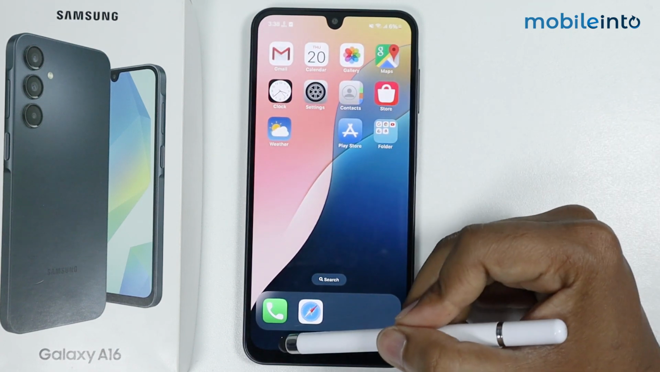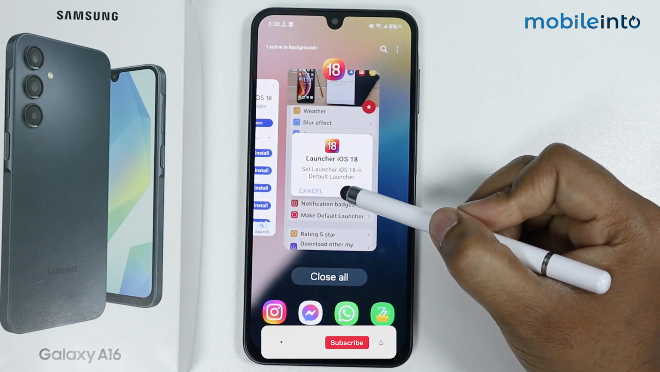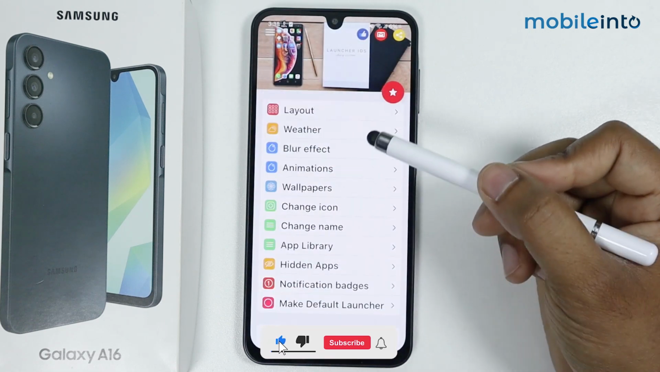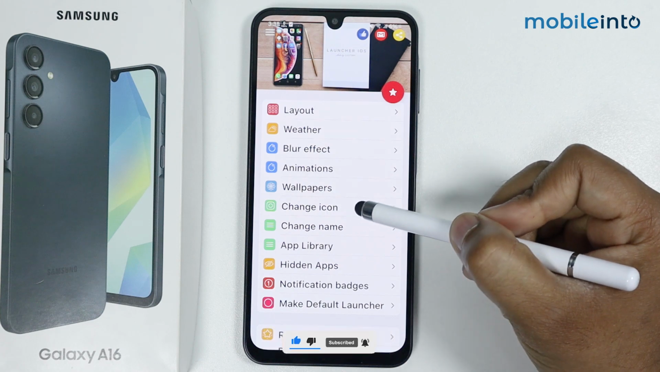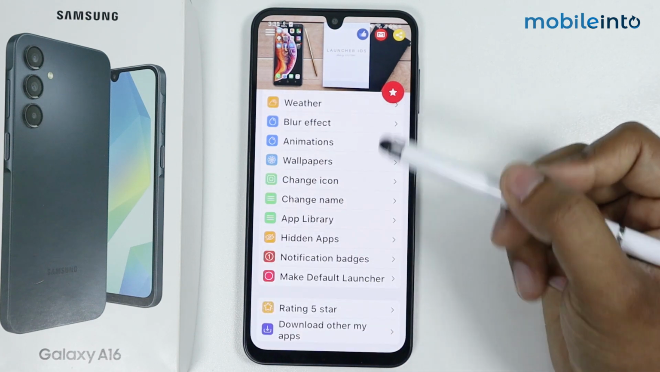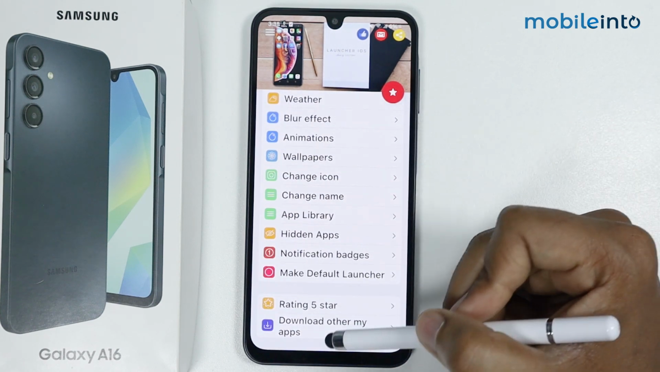Now if you want to add add-on, then simply go in launcher. From here you can install the wallpapers, blur effect, animation, change icon and other iOS add-ons. So this is how you can install iOS launcher on